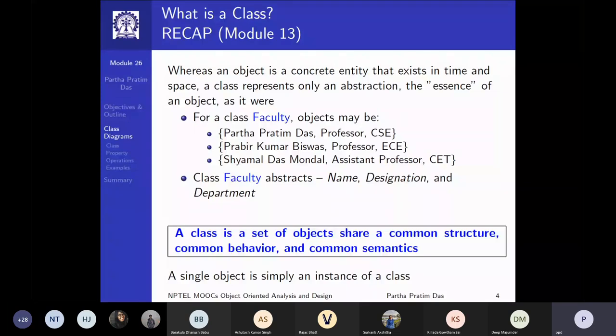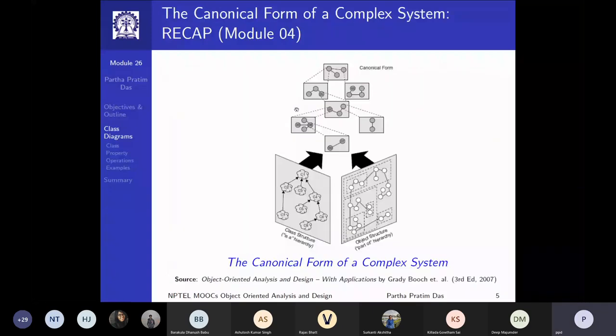the faculty. As in C++, Java, and other languages, in UML, which is certainly language independent and implementation independent, the class is a set of objects sharing a common structure, a common behavior, and a common semantics. And as before, a single object is simply an instance of a class. So this is what we call a canonical view of a complex system. We are not going deep into object-oriented presentation, but if you want, you can go back to module 4 in this presentation, and you'll see more details about